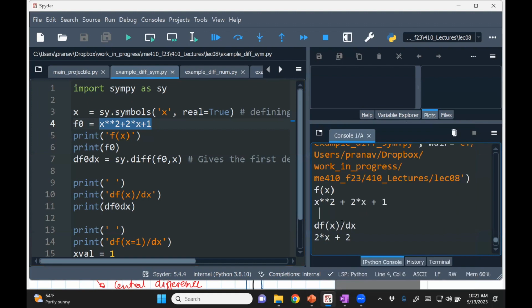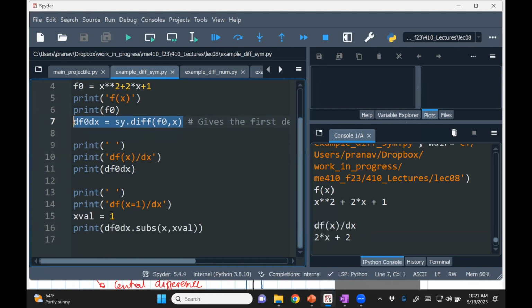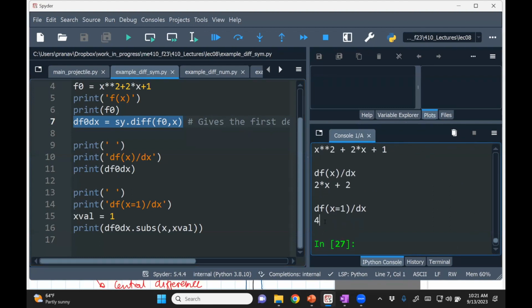The derivative df dx is 2x plus 2. How did we get this? It's computed using diff. If you want to compute the value of df dx at 1, then you do subs x xval. Here xval is 1, and so it went a step further and computed the derivative is 4, right? 2x, when you put x equals 1, you get 4. So that's how you would do it in